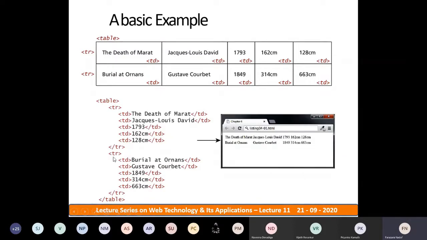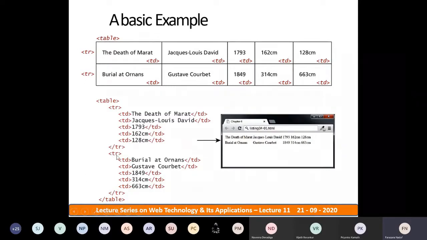Then once the table row is finished, close the table row, so that the next table row will be created below that row. Otherwise, it will be merged with the previous one, if you have not closed the TR, right? So remember, the table elements will be added in an HTML page in a hierarchical manner. Right? Then the next table row.